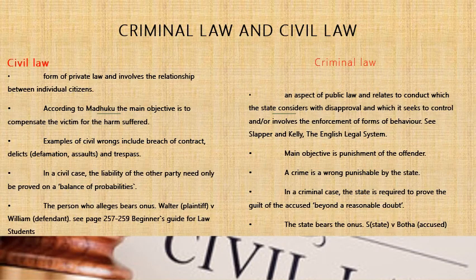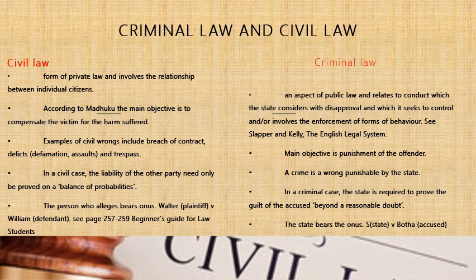Now, another classification of law that is worth noting as a differentiation is between criminal law and civil law. Civil law being the form of private law that involves relationships between individuals. We talked about the horizontal relationship. Two individuals have a dispute or are contracting, or they are regulating their conduct. That is civil law. Now, according to Madruku, the main objective of civil law is to compensate the victim for